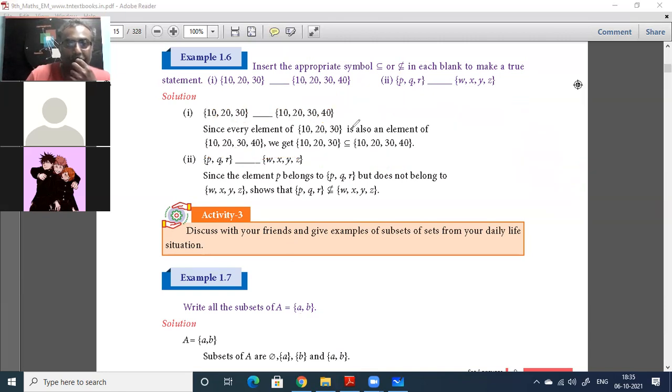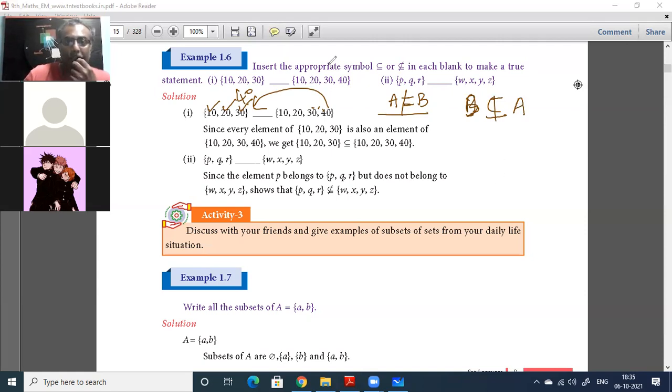But the first one was tricky. So Sandhya is still thinking, what is this? What is the definition of subset? Every element in A must be present in B, not the other way around. If every element in B must also be present in A, then that is the definition of A equal to B. Is A equal to B? Then you can say every element in A must be in B and every element in B must be in A. So 40 is not present in A, so A is not equal to B, or B is not a subset of A.